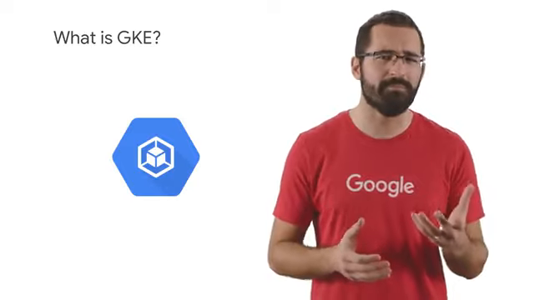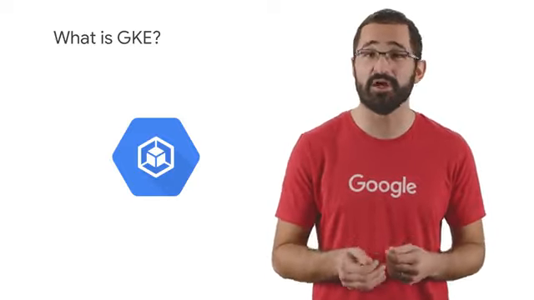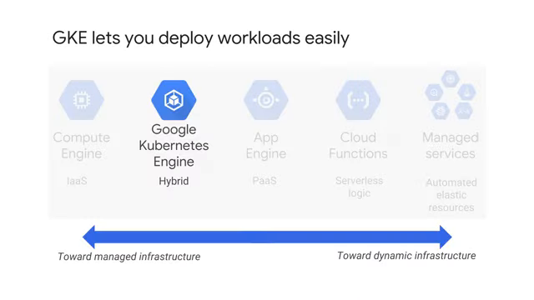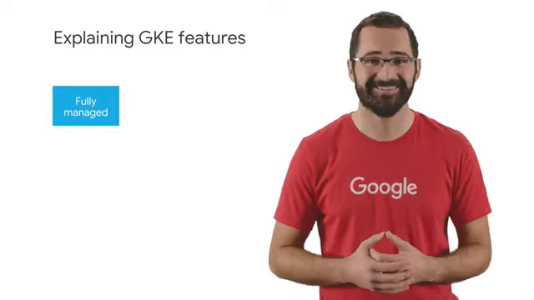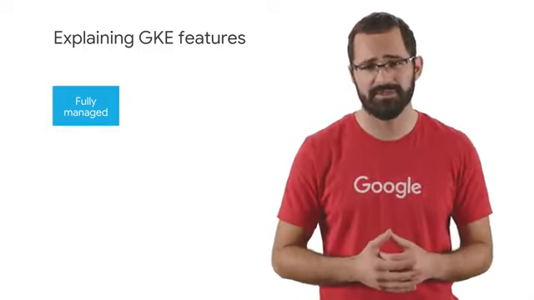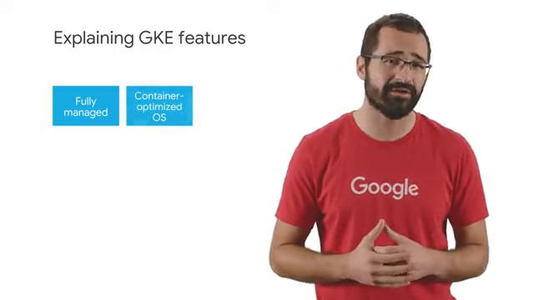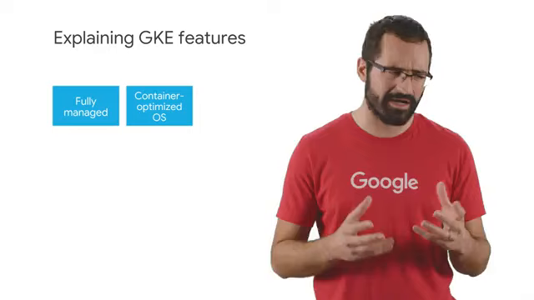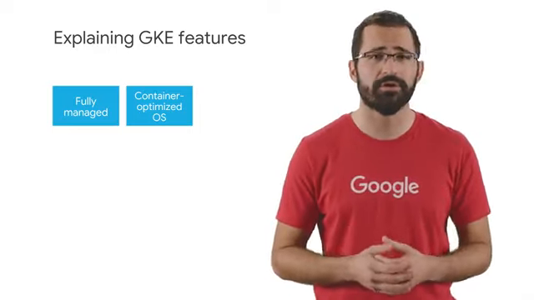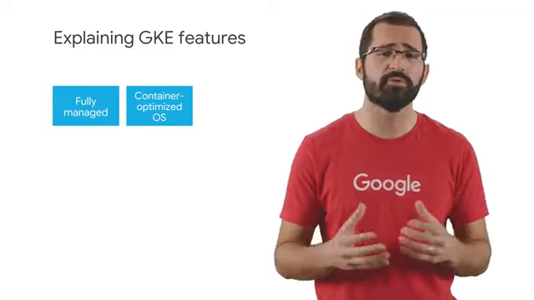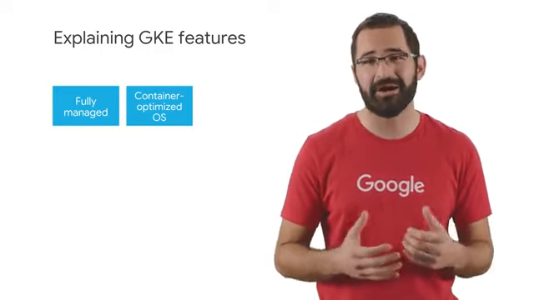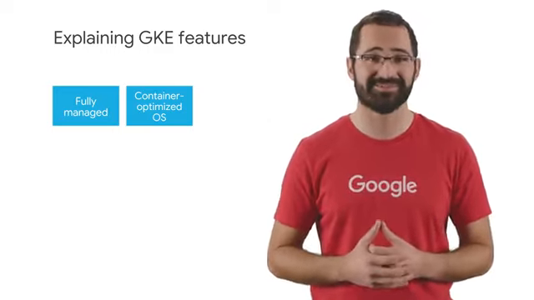It'll help you deploy, manage, and scale Kubernetes environments for your containerized applications on GCP. More specifically, GKE is a component of the GCP compute offerings. It makes it easy to bring your Kubernetes workloads into the cloud. GKE is fully managed, which means that you don't have to provision the underlying resources. GKE uses a container-optimized operating system. These operating systems are maintained by Google and are optimized to scale quickly and with a minimal resource footprint. The container-optimized OS will be discussed later on in this course.